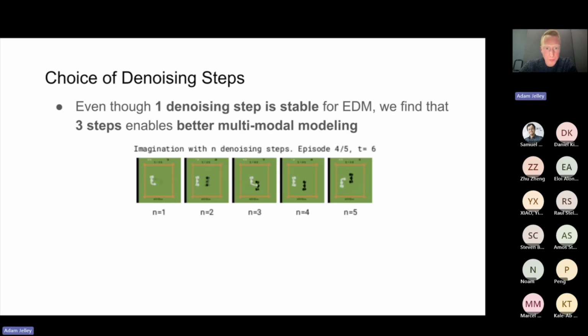Now, even though one denoising step was stable for EDM, we find that increasing the number of denoising steps still enables better multimodal generation. You can see here in the game Boxing, the white player is controlled by the player, so the actions that are being input, but the black player is the opponent and is moving in a somewhat random way. In some cases it may move left, in some cases it may move right. And this multimodality means that sometimes the model actually predicts that the opponent disappears, as we see for 1 and